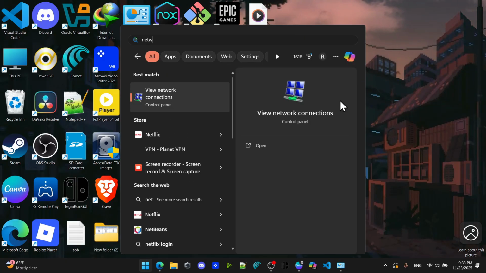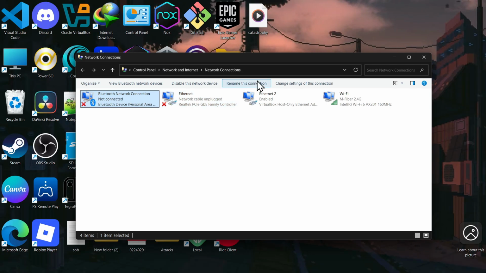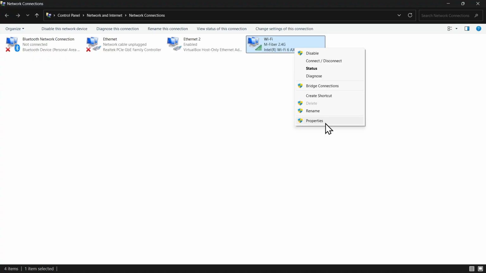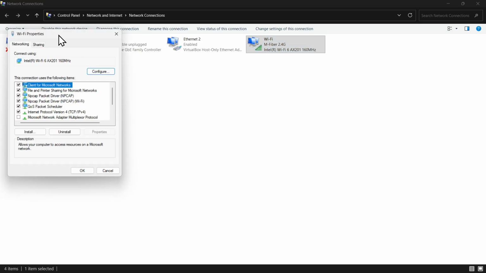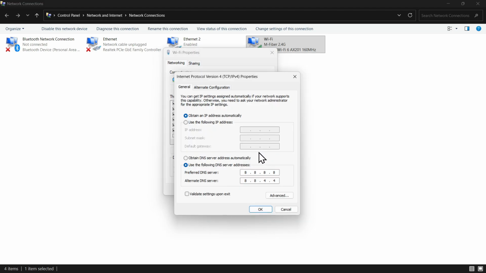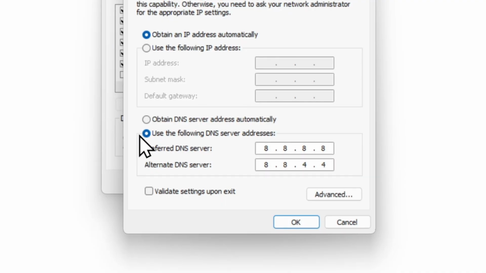network connections. As you see from here, you can click on this and now you need to choose your Wi-Fi. You can right click it and go to properties. From here, you need to find the IPv4, as you see from here. You need to click on properties, and now you need to click on use the following DNS server address